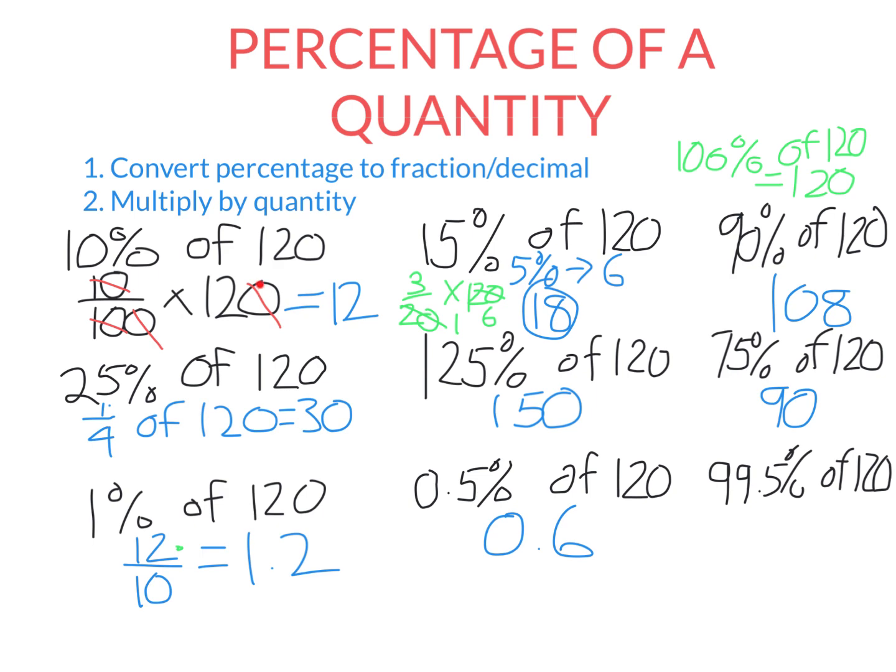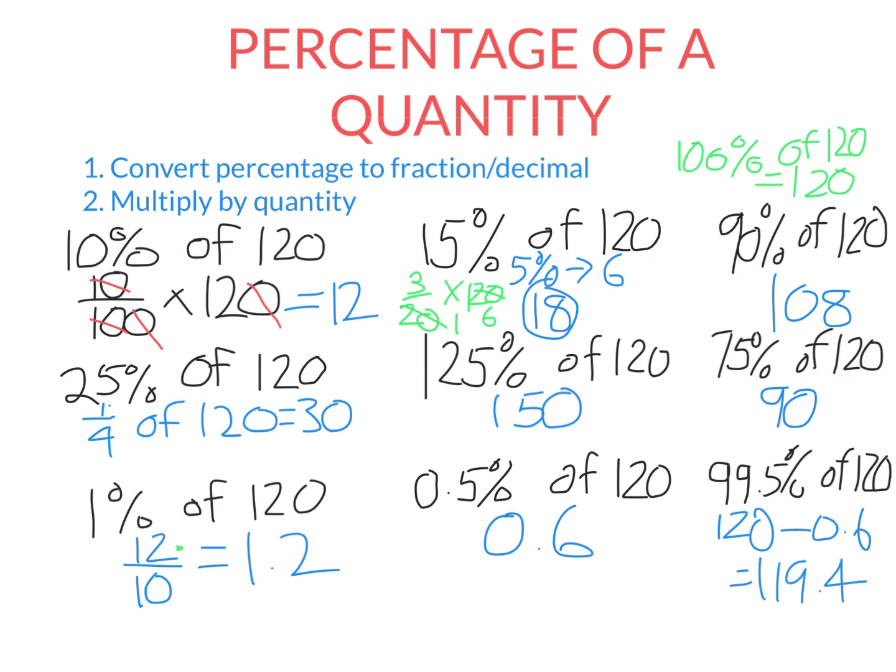99.5%. Well, if we know 10%, we can find 1% by dividing by 10, and we can find 0.5% by dividing by 2. So if this here, 0.6, is 0.5%, 99.5% will just be 100% minus 0.5%. So it'll be 120 minus 0.6. And that gives us